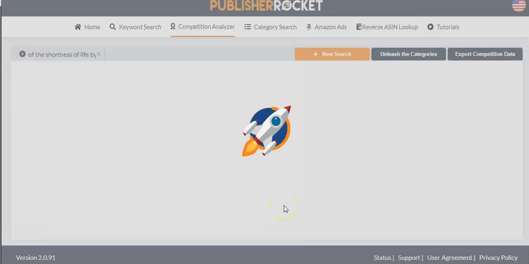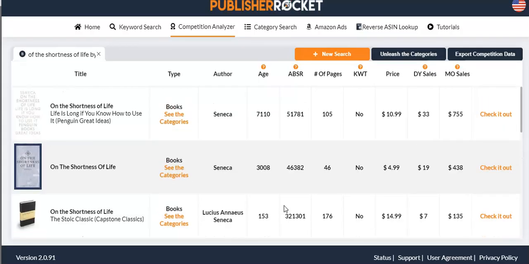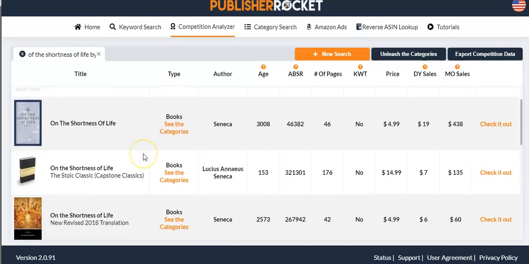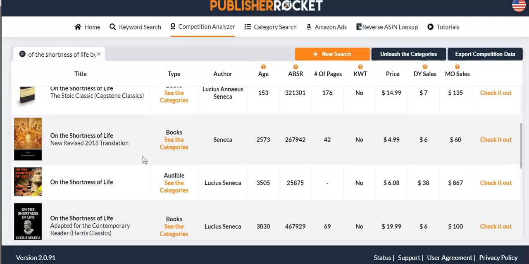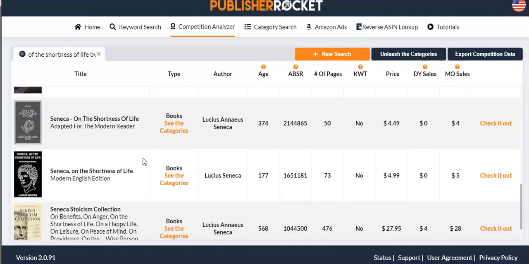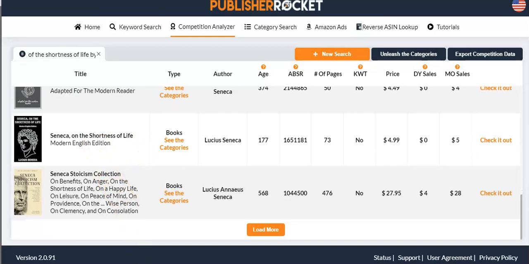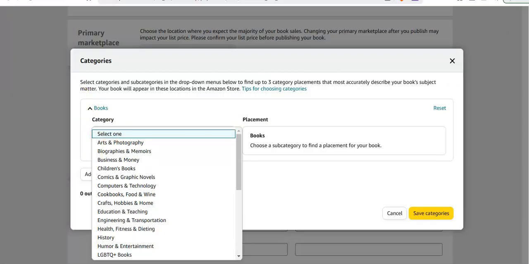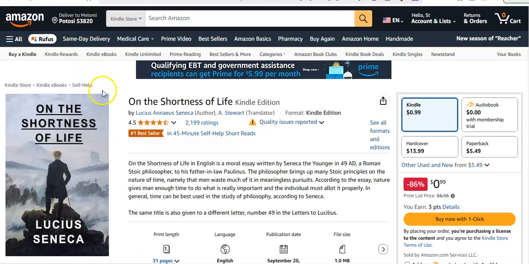We're going to put in the title and the author, because this will probably locate the one book and maybe others that are already selling on Amazon. Okay, and here we can, okay, that's what the cover of this looks like, is that guy there.